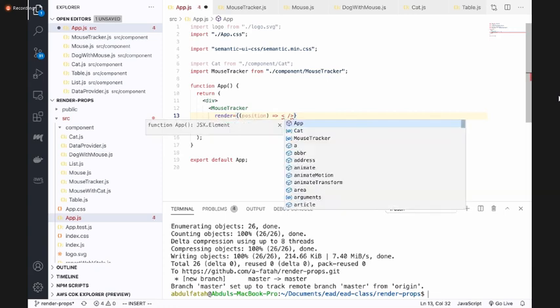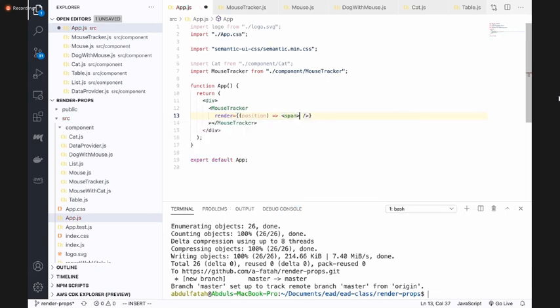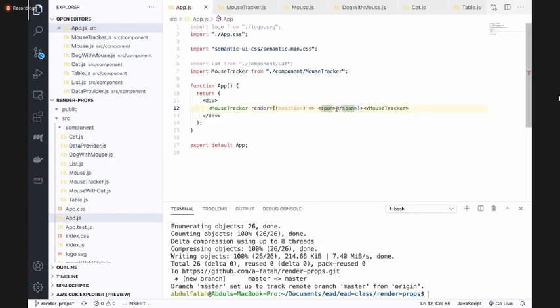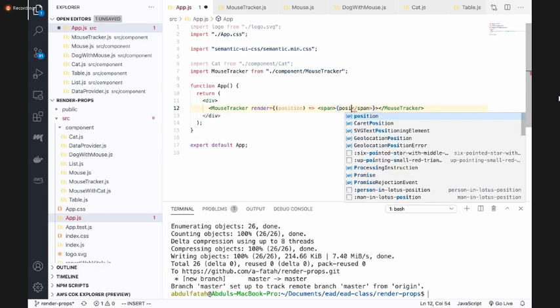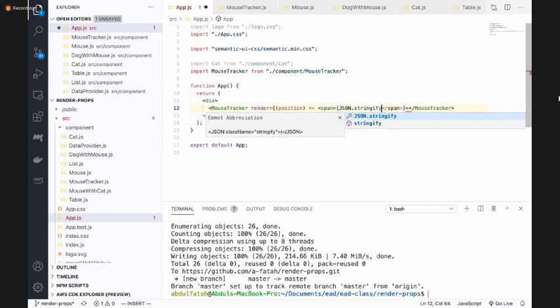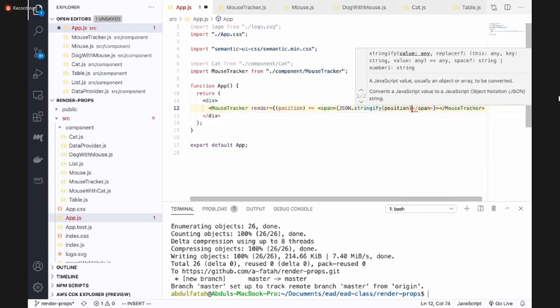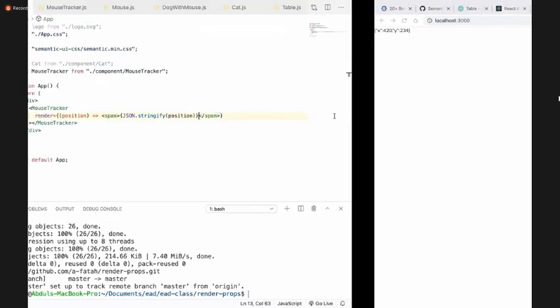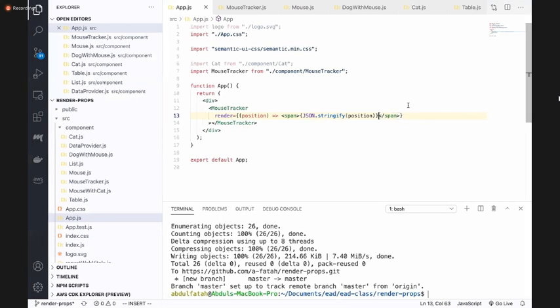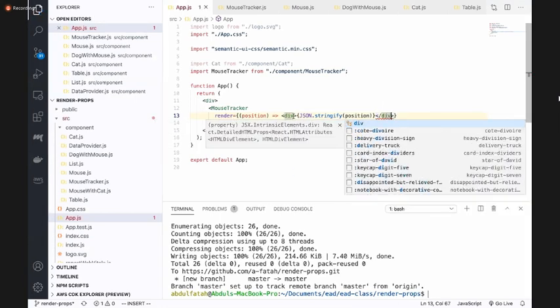एक पेन के अंदर यूज करता हूँ इसको। पेन क्या होता है, इनलाइन टेक्स्ट ब्लॉक होता है, ठीक है। और इसके अंदर मैं जस्ट पोजीशन प्रिंट करता हूँ, सही है। अब इसकी रेंडरिंग का लॉजिक मैंने चेंज कर दिया बिना कंपोनेंट को चेंज किए, ठीक है। फ्रॉम फॉर एग्जांपल div, div,